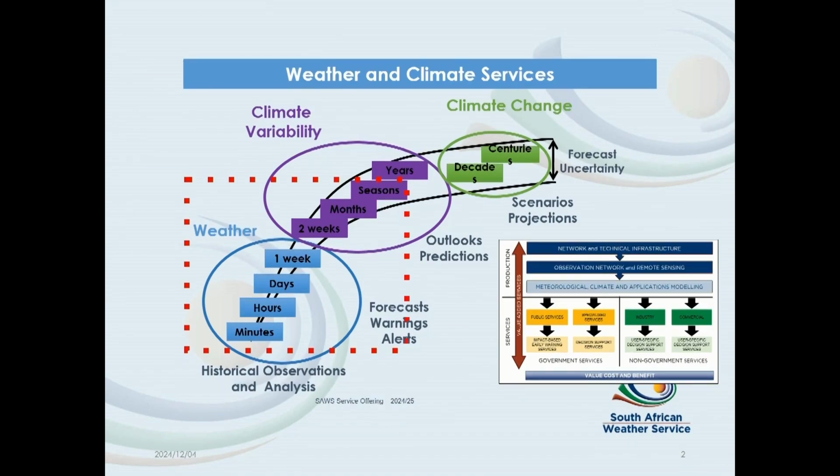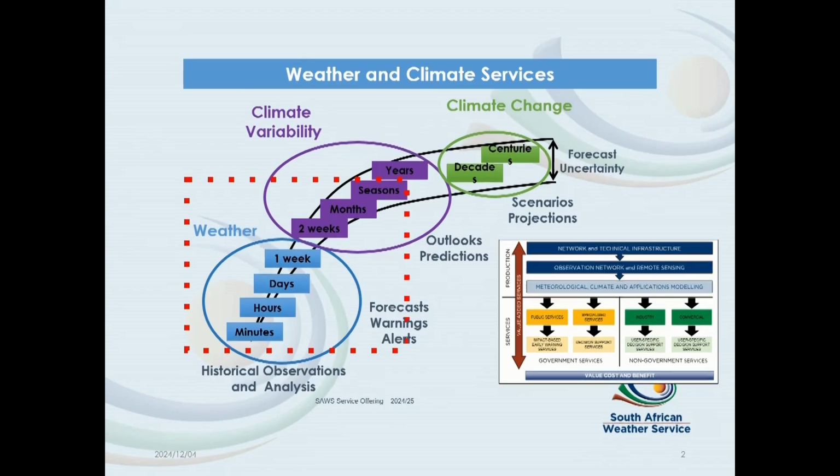So as you can see, these black lines show the forecast uncertainty as your scale increases. In the areas of minutes and hours, you can really see that we do have a very low forecast uncertainty. So we are very, very certain about our forecast. But as the scale goes up, so does our forecast uncertainty. So this will feed off to a number of services that we offer.